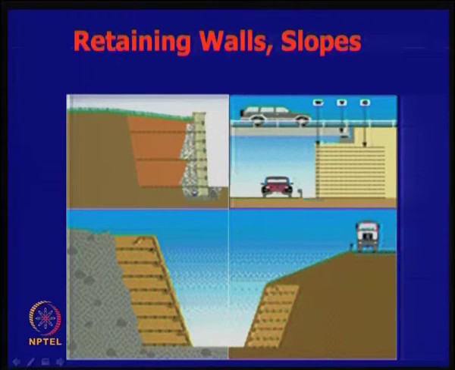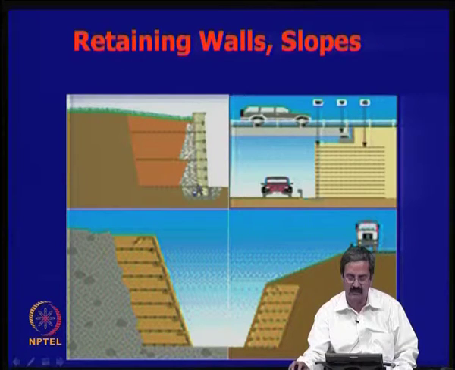These are some examples that we will see. For the reinforced earth wall, you have layers of backfill, and this is the wall fill. Wall fill means the fill that is next to the wall. Then this is a drainage material, this is a reinforcement, and this is a facing element. This is one typical application that one can have.